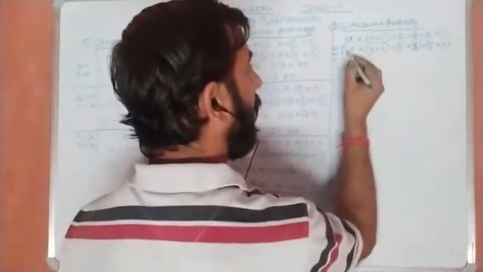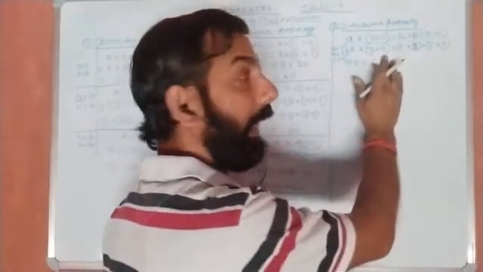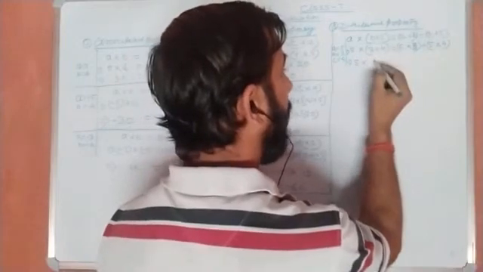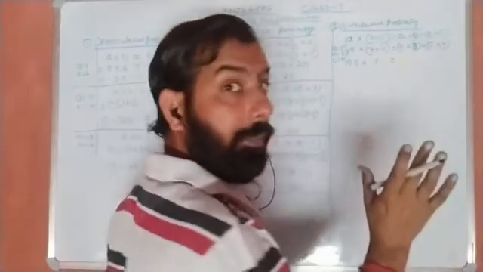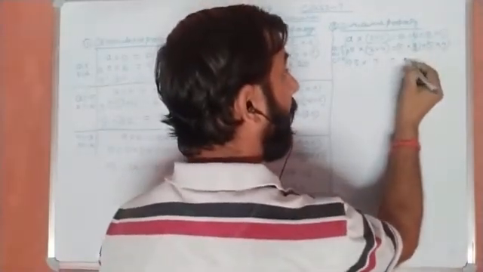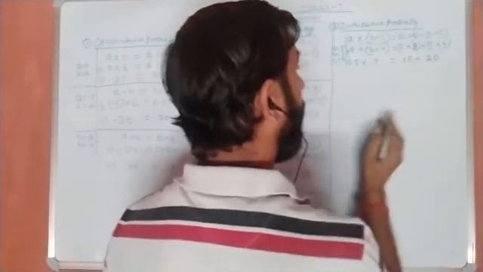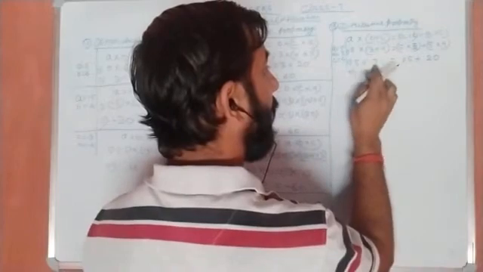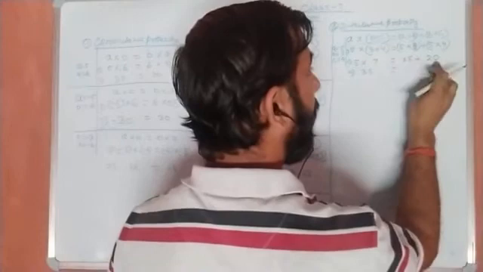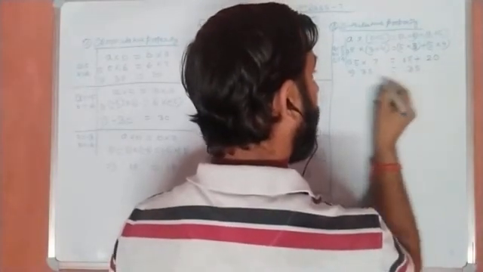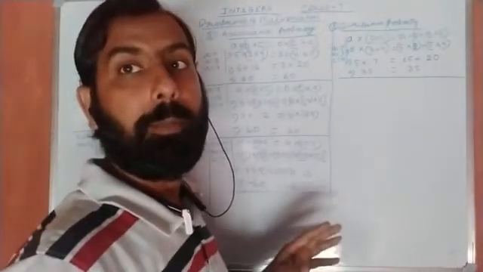Now we will solve it. First we will solve the bracket. 3 plus 4 is 7. Here, 5 threes are 15, plus 5 fours are 20. Here we will solve 5 into 7. 5 sevens are 35. Here we will add 15 and 20. The answer will be 35. Like this, it will help you make multiplication easy.